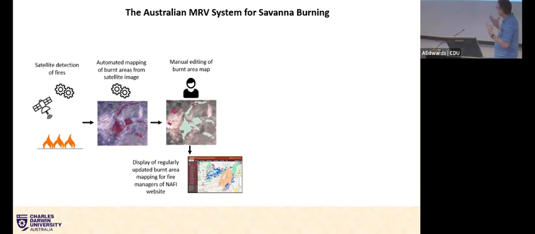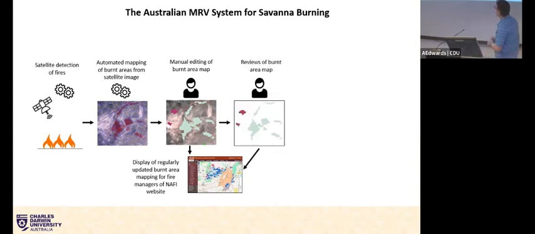So we put it on a publicly available website, because the people who are managing fire in North Australia are not just people in agencies in government. They're people out on country, rangers, pastoralists, park rangers. So everybody needed to know what these fires were doing. And finally, we did a final check at the end of the year, to pick up anything we might have missed, to bring the fire history up to being as accurate as we could.